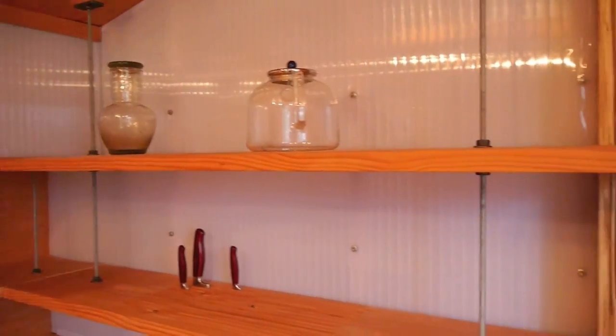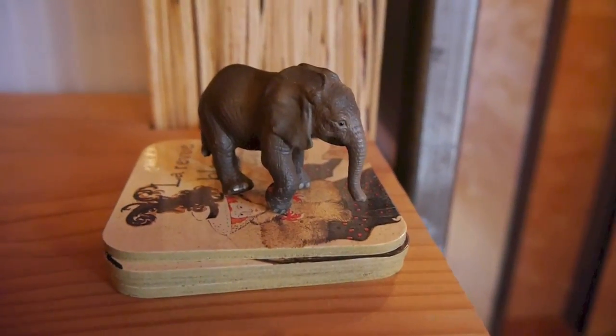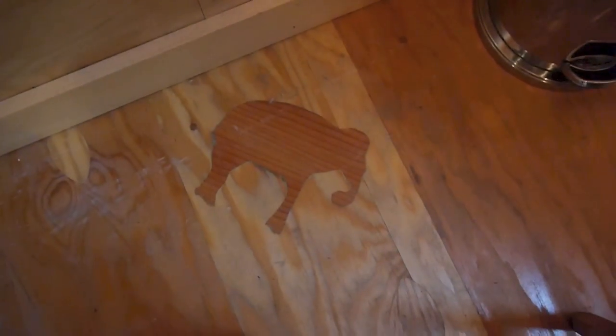There's a heater kicking on behind me apparently. The running motif throughout this tiny house, elephants. Oxymoronic in a sense, making a statement. Tiny house, big animal. Over here, kind of a secret of this place, inlaid in the floor, an elephant made